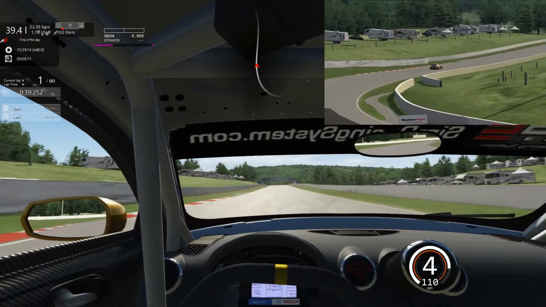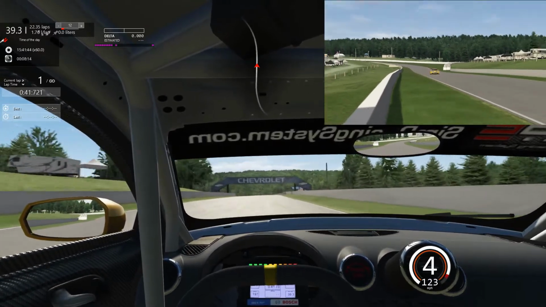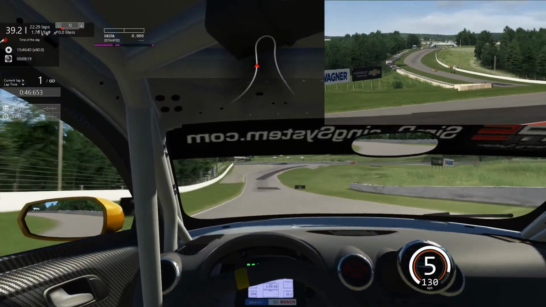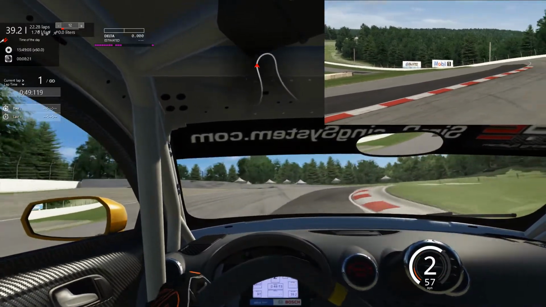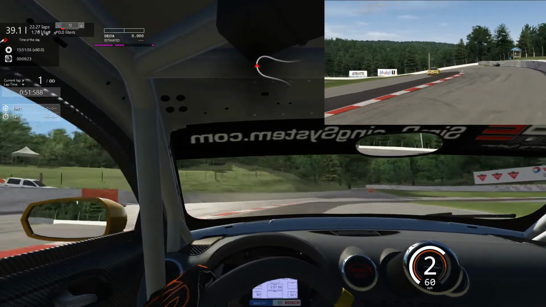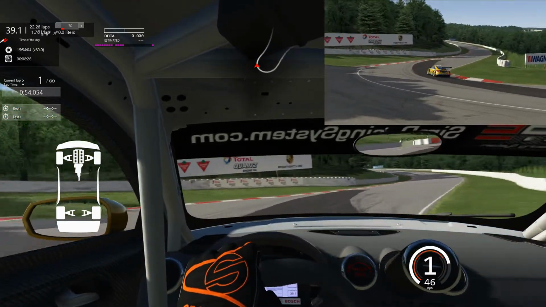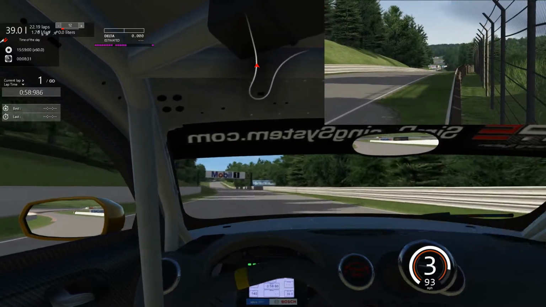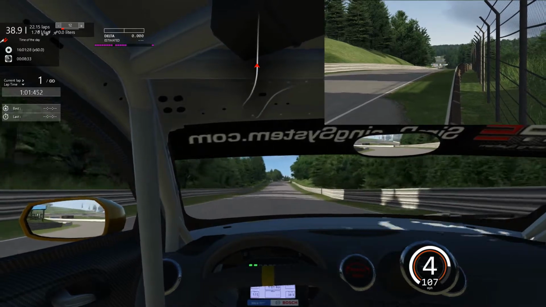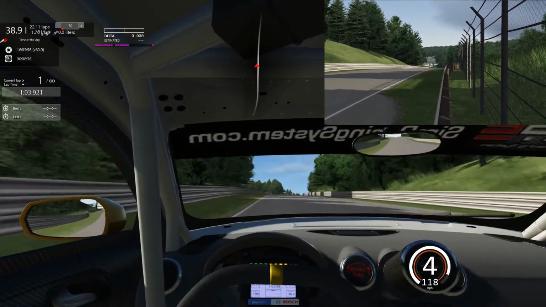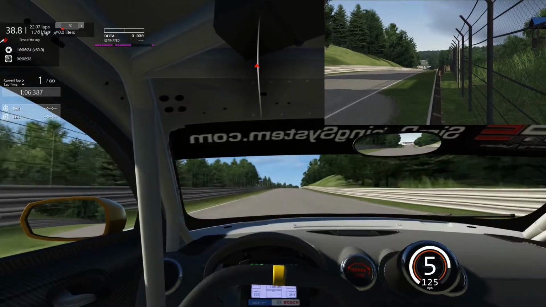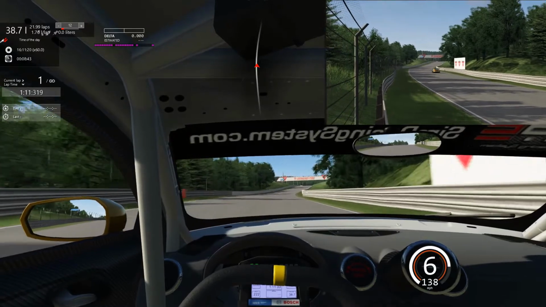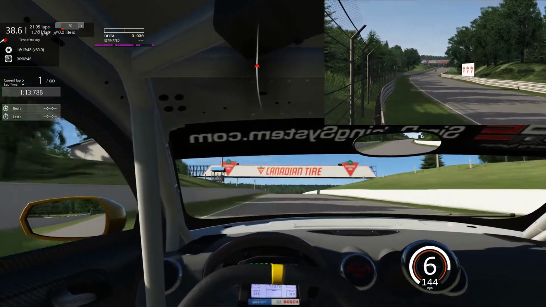Some of the corners are a bit wider. You have runoff in T2. You have a runoff area in Moss instead of just sand. And so this track, first of all, captures all of the things that have happened in reality since the original rFactor track in 2012. The other thing this gets you is all the advances in AC modding technology